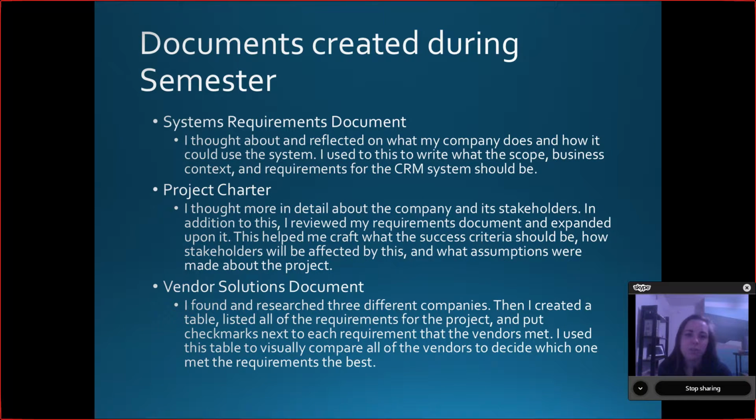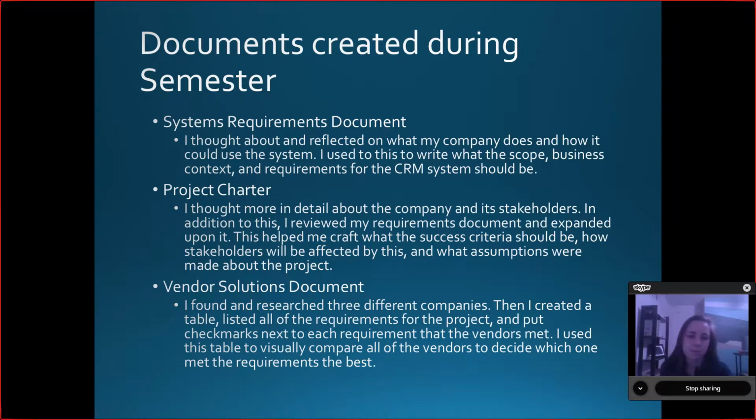So we used various documents throughout the semester. The first one we created was a systems requirement document. For this document, I thought about and reflected on what my company does and how I should use the system. I used this to write what the scope is, what the business context is, and what the requirements are for the CRM